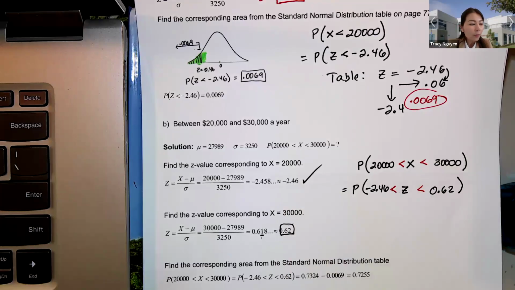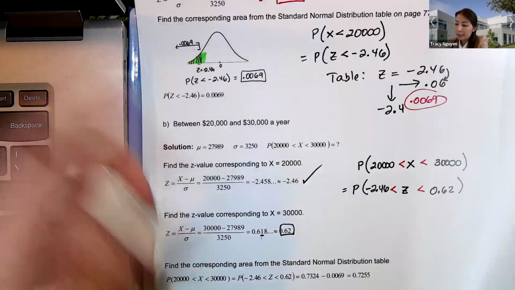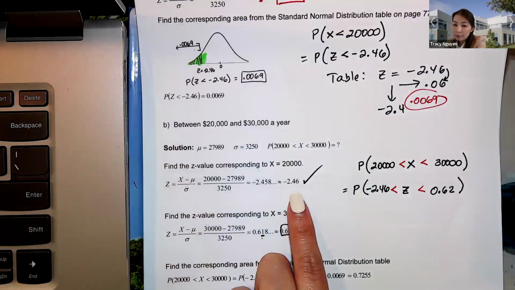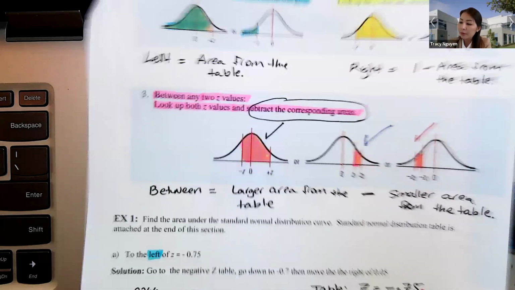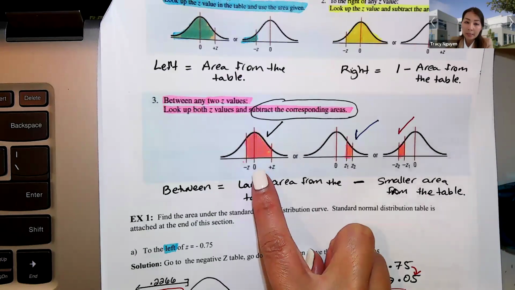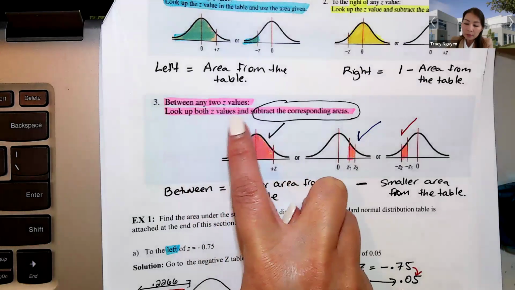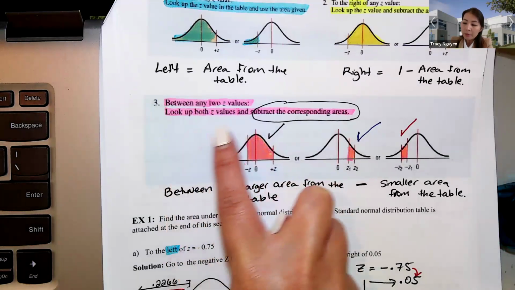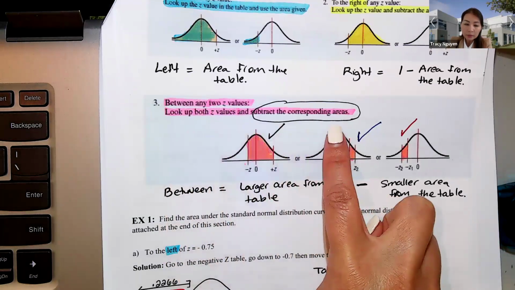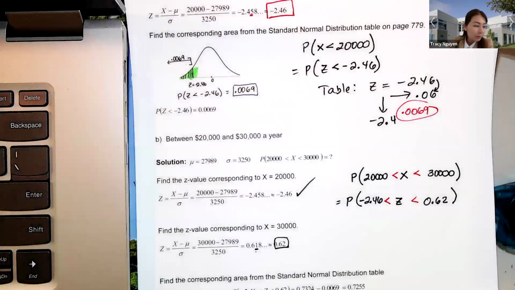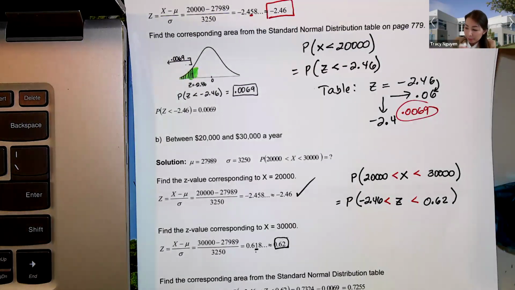And again, the way we do our inequalities would be the same. Well, the case for between, let's revisit what we learned in 6.1 for between. And here we have one negative Z value and one positive Z value. So you're looking at this case right here. But between any two Z values, we look up both Z values and subtract the corresponding areas. So meaning what we have here,